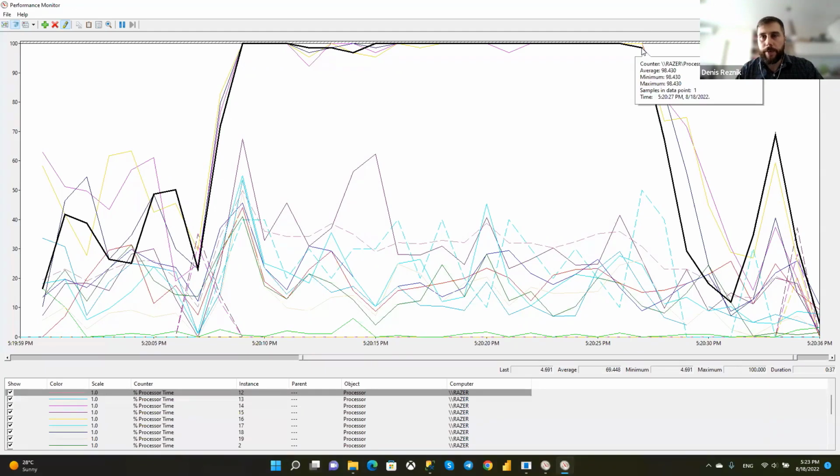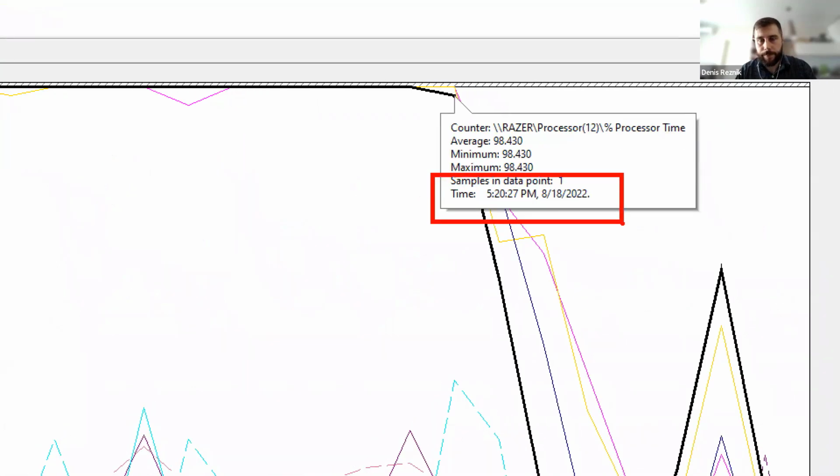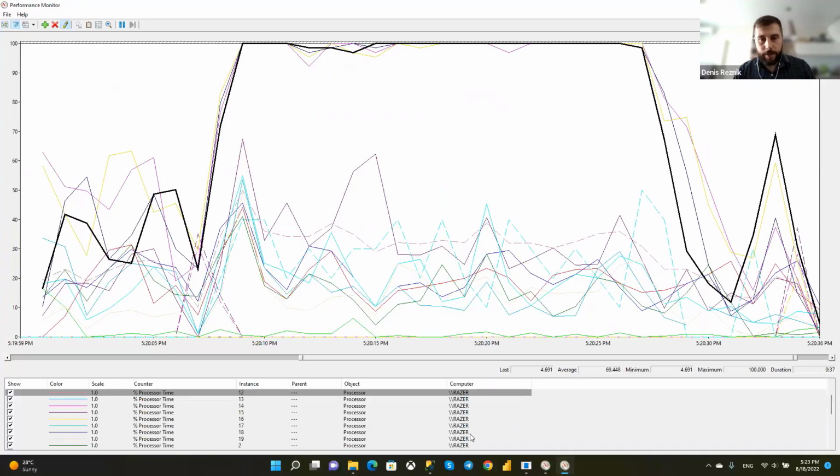Let's check when the load is going down. It's 5:20:27. Yes, over here. And since we are monitoring event completed, we need to check the finish of this spike. 5:20:27.